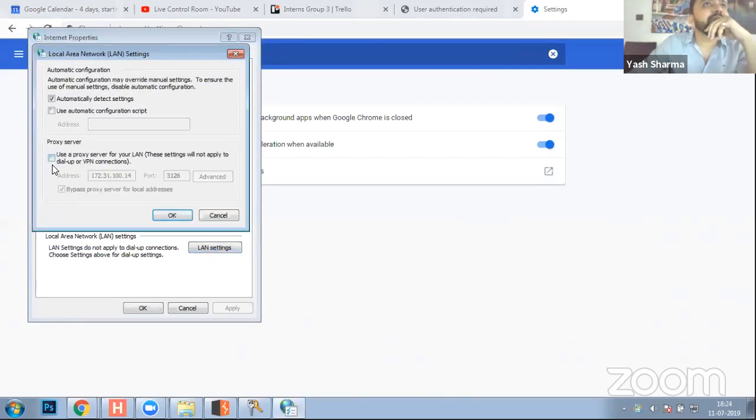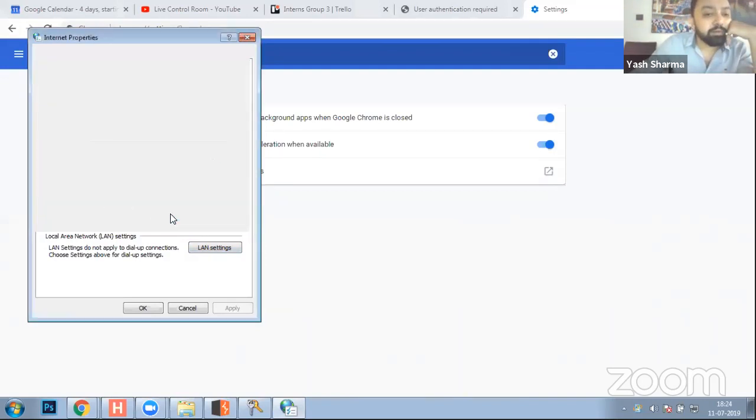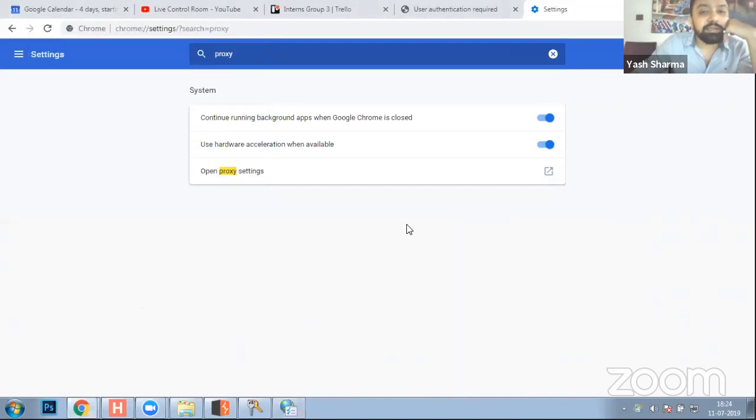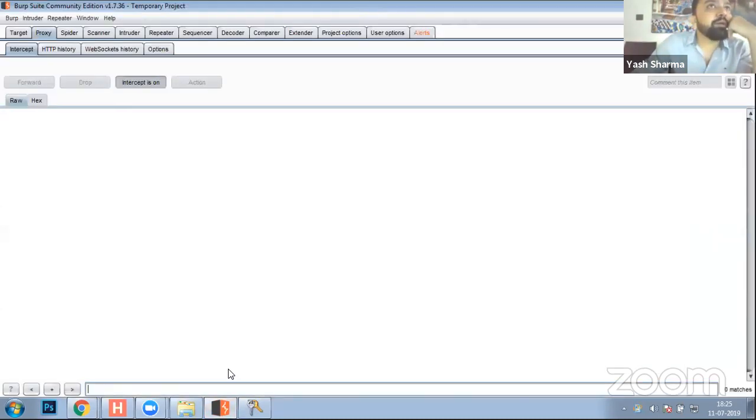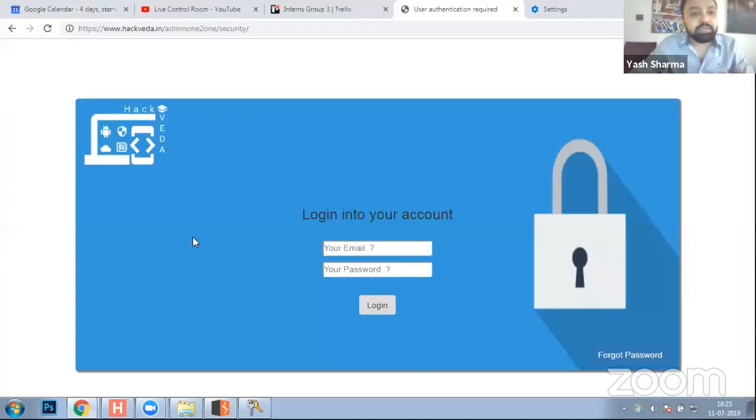Okay. And you can define a proxy. What proxy server would you like to use? So I say I would like to use 127.0.0.1 on port number 8080. This is where the proxy is listening. Okay, clear? अब मैं अपना Burp on करता हूँ. Intercept on है. Now I would like to send the